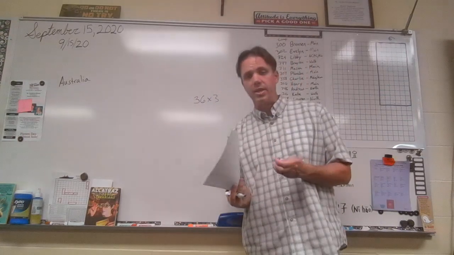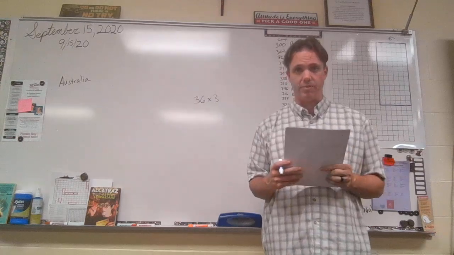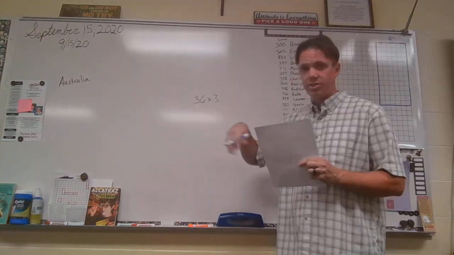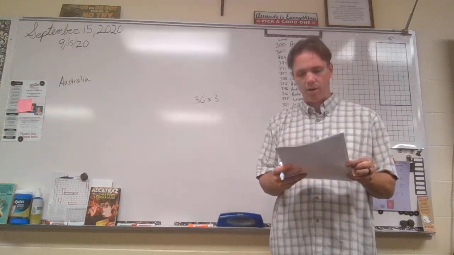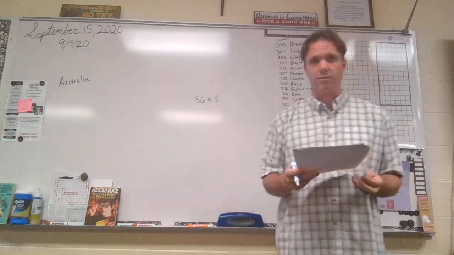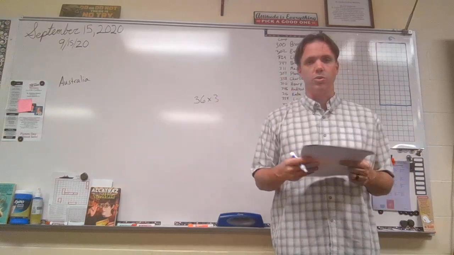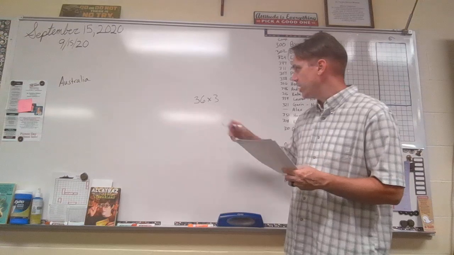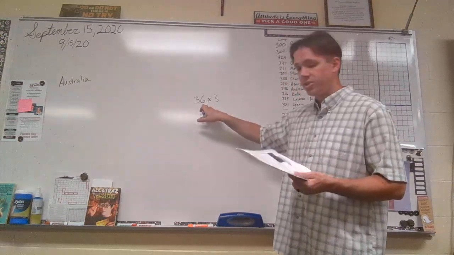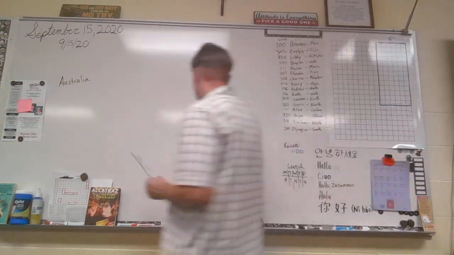Now, the first thing that I would like you to do, and it's part of the assignment, is I want you to come up with an estimate. All you have to do is round this to the nearest 10. I think they're all going to be in the 10s because that would make the most sense. So we're going to round to the nearest 10 for our estimates. 36 is closest to what 10? Basically, is it 30 or is it 40? Well, 36 is much closer to 40 than it is to 30, right? So our estimate, step over here,